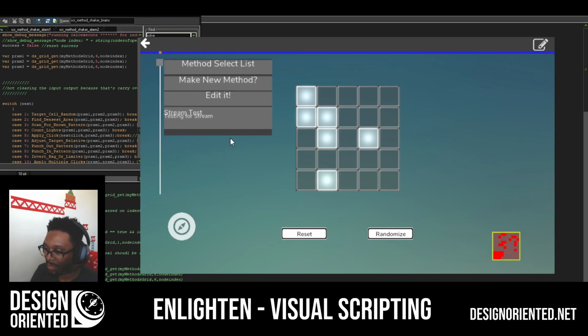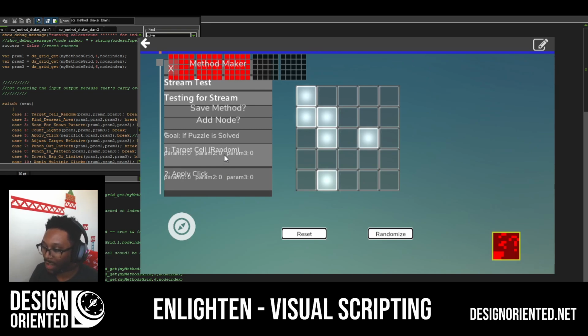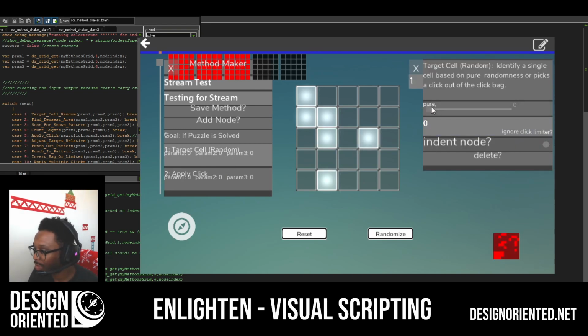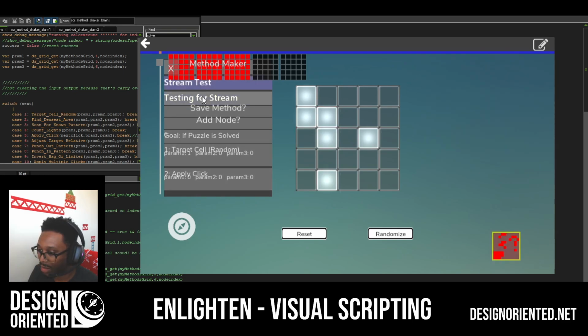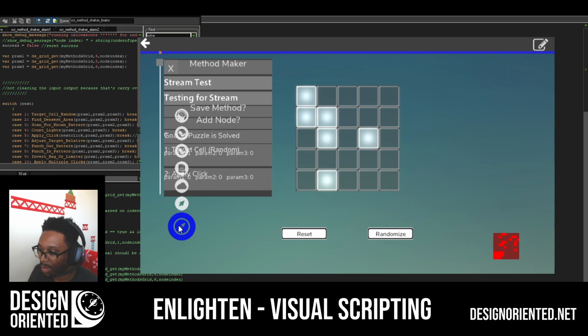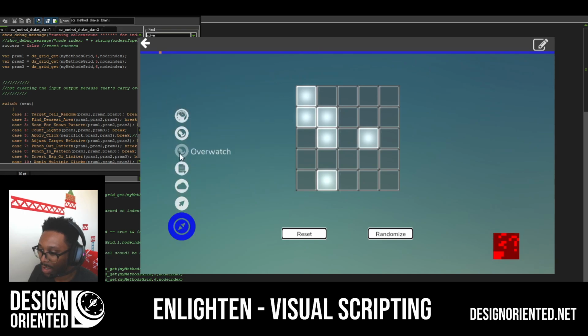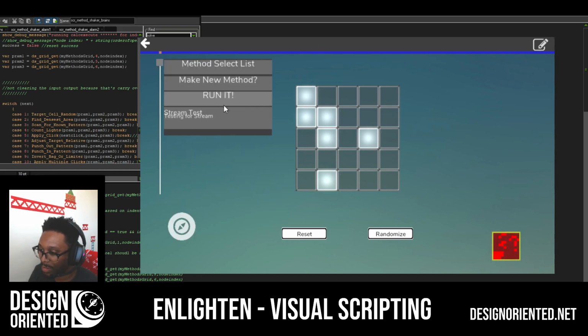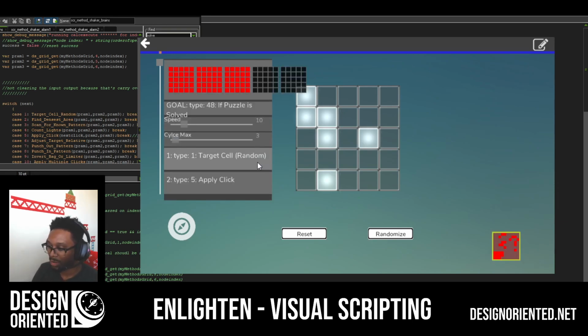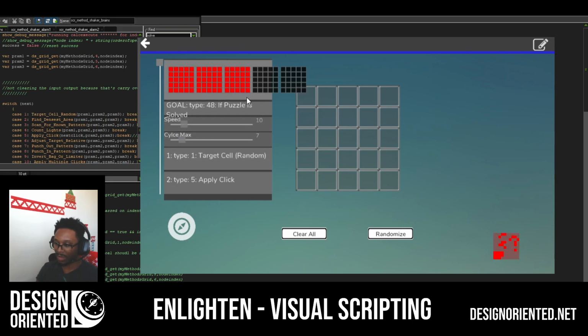So let's go back into method shaker and let's play around with this. Edit. Now instead of targeting a cell at random, let's play with this. We're gonna pull it from the bag, right? And exit and save, and go back to the run it mode. Okay, so now it's gonna pull it from the bag every time. So if we reset and run this cycle like 5 times, 7 times or whatever, you'll see